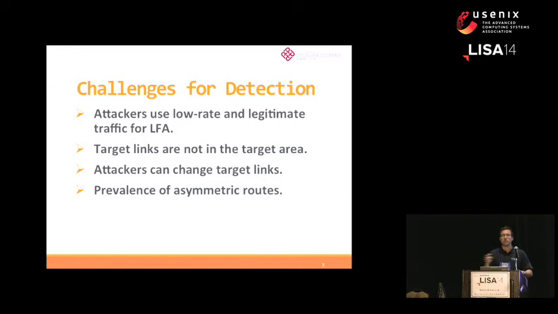And they can, of course, switch between different links. You may have multiple providers. There may be lots of different routes, over the internet, to the target area. So there's lots of places they can potentially attack. And there's also lots of asymmetric routes. So you may have a particular route that's really fast. They flood that one, and then everything gets flooded to your backup link, and then you still end up with